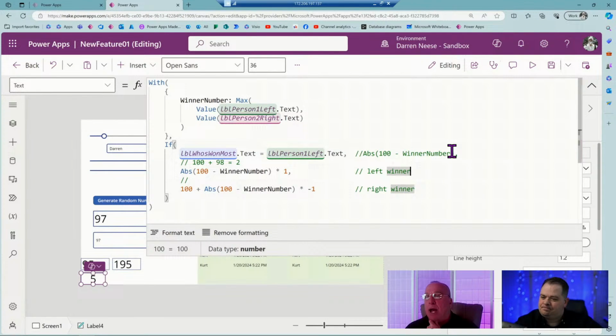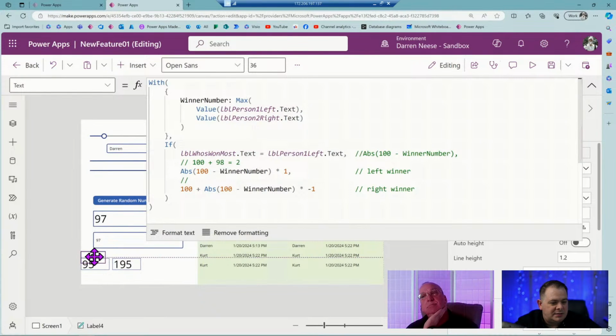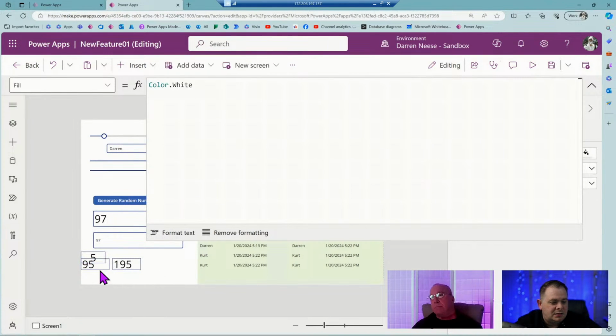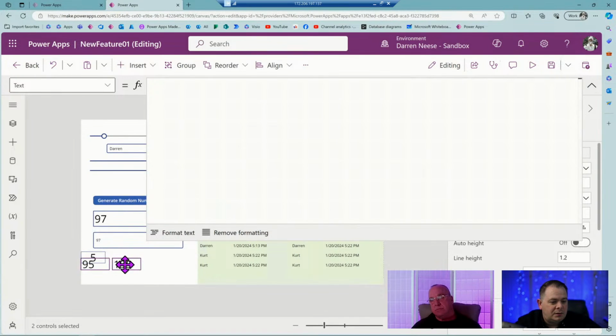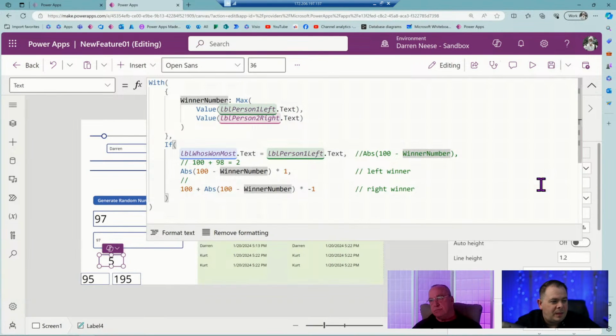The right winner, in this case, I want 2 to go away from it, right? So 100 minus. I'm sorry, I'm just going to move this around so we can actually see these two, and then put this one here. This is the winner. Okay, there we go.